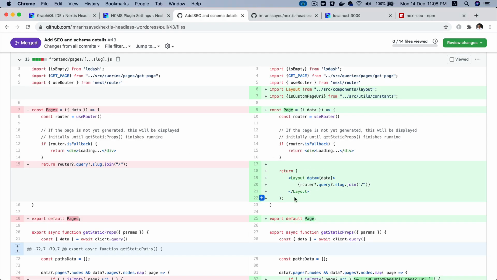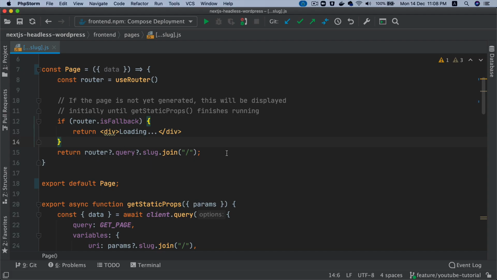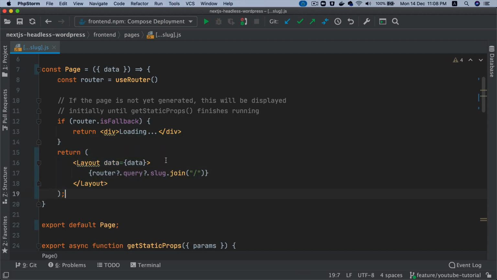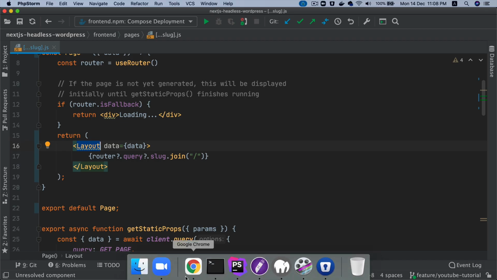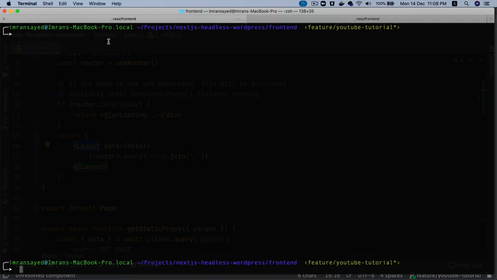I think we can just replace it with the layout because we already have the layout component, right? So we'll just replace that, and we're getting the data anyways here, right? So that's for the pages. I've just updated the query to have the layout so that we can have the menu on any of our pages. So if you go on to running npm run dev,